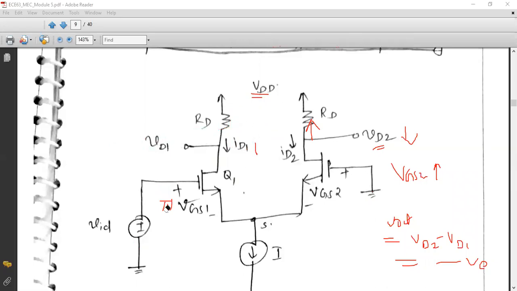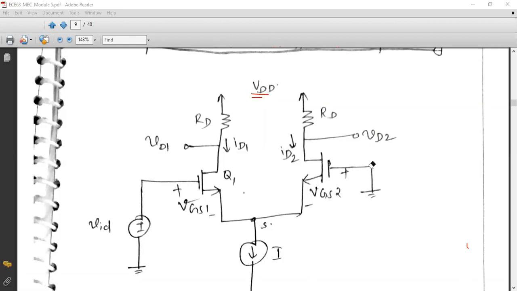So as of now, we have discussed the differential amplifier circuit diagram and the two cases, that is, in what case you will be getting a positive output and in which case you will be getting a negative output. That depends upon how positive the gate of Q1 is with respect to the gate of Q2 and vice versa. Either you can give a positive voltage to gate 2 or to gate 1. But we are not going to short the gate terminals and give a common signal. That is for common mode configuration.